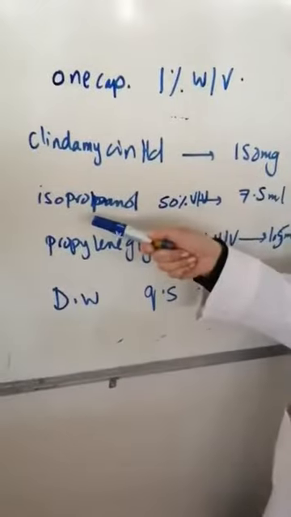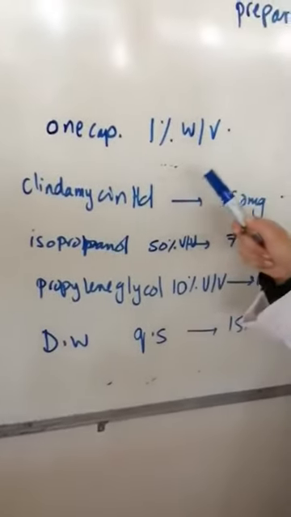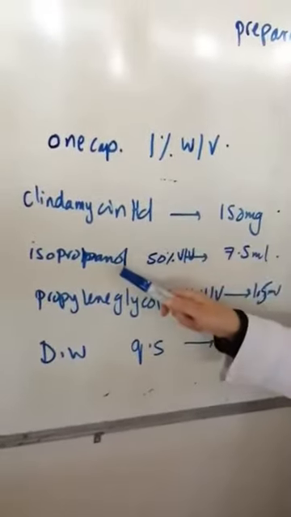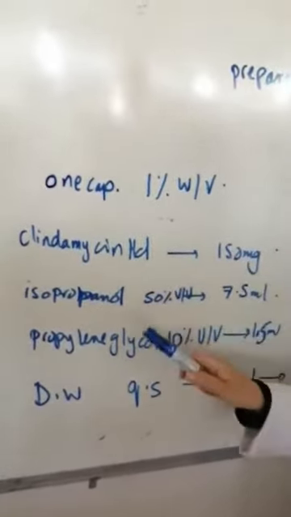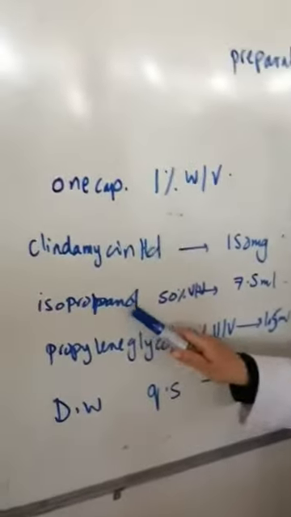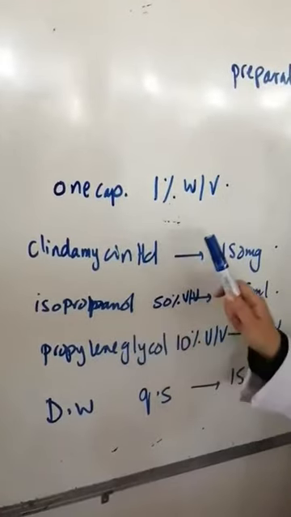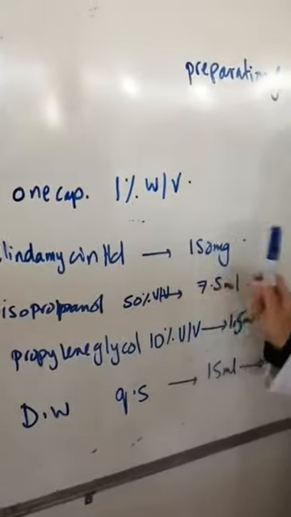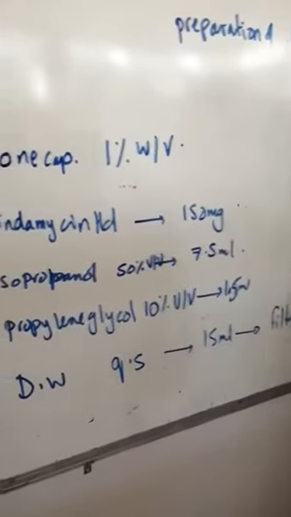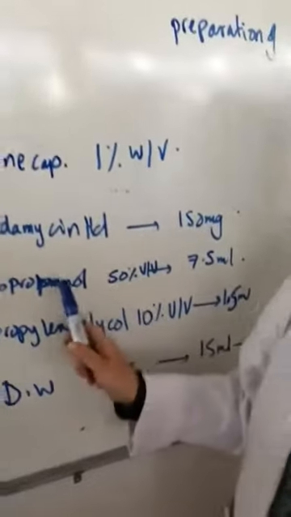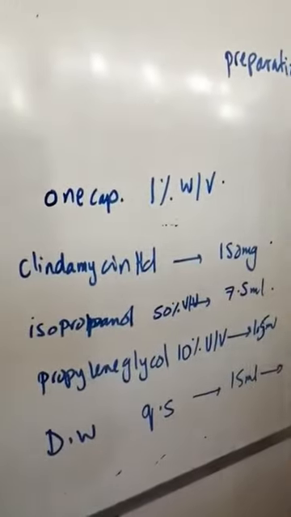We are going to use isopropanol as a solvent suitable for clindamycin. It will have different values in this formula as antiseptic, soothing effect, and co-solvent. But because clindamycin hydrochloride is freely soluble in distilled water, it is not used as a co-solvent. It is the soothing effect and the solvent, and as we said, antiseptic. Okay,